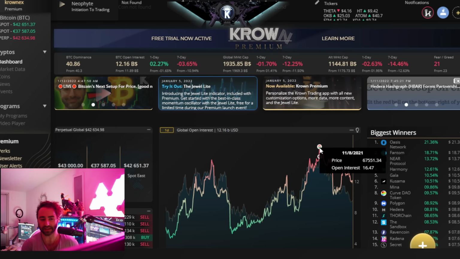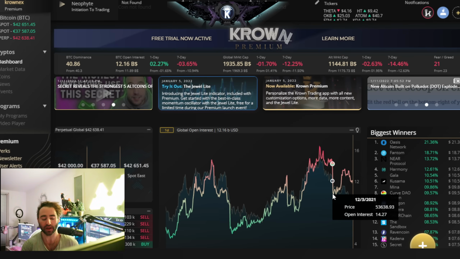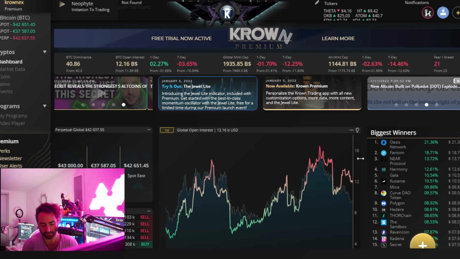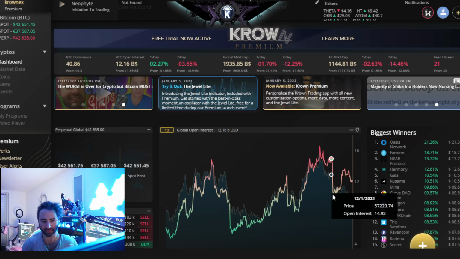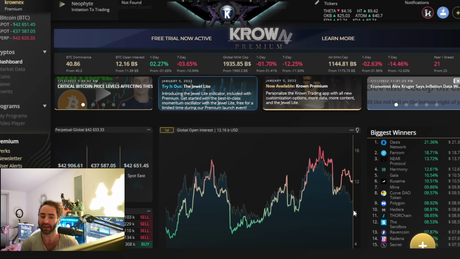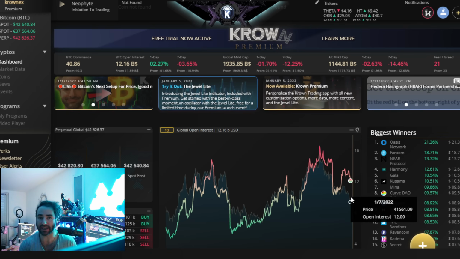And then the $69,000 all-time high was met with our new all-time high on open interest as well before coming down to about 40,000 bucks and washing out a good amount of those positions. But again, the nuanced interpretation of this is that over the past month, especially in December, we saw this level once again get marched back on up to about 13.5 billion, and the same sort of relationship has been implied. We see another correction down, in this case coming all the way down even just below $40,000, not necessarily on a closing basis.